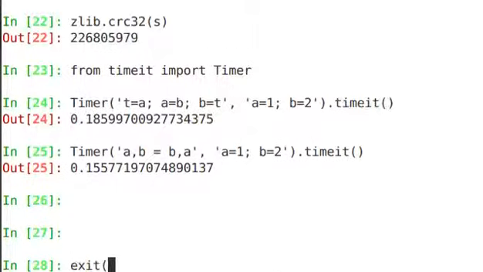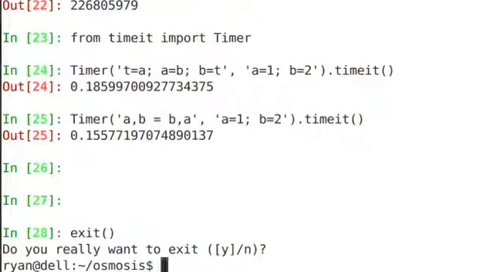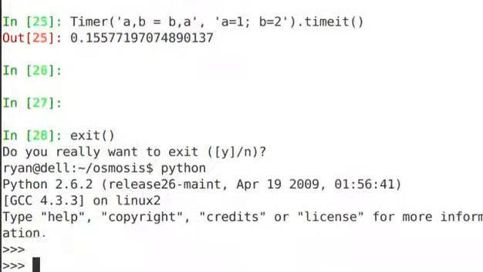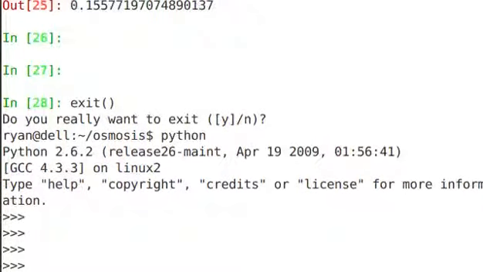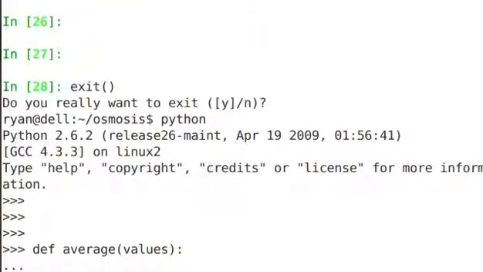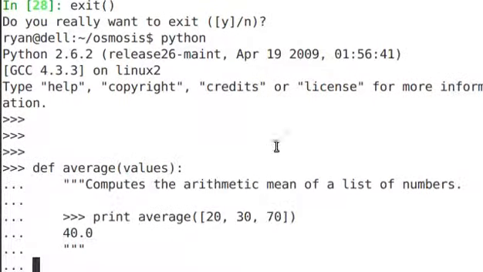Actually, I'll hop out of IPython for this and go into the regular Python shell, just because I'm going to show you how you can take the output on the standard Python shell and put that right into your docstring. So we're going to make a function called average, and it's going to do just what you think. It's going to average some numbers, but I'm going to copy into here a docstring. Okay, so pasted right into here with our triple quotes,